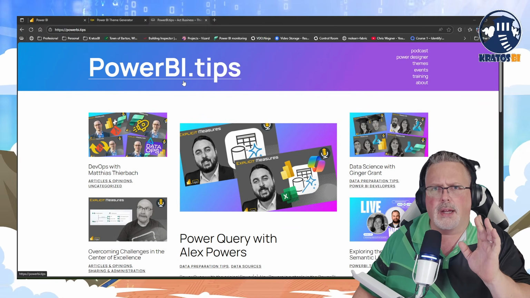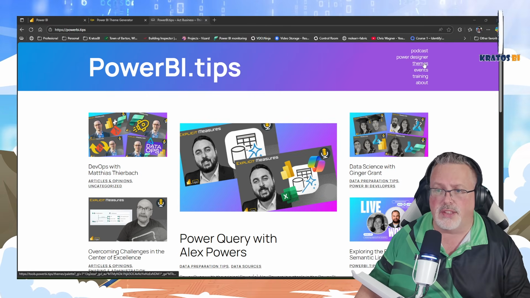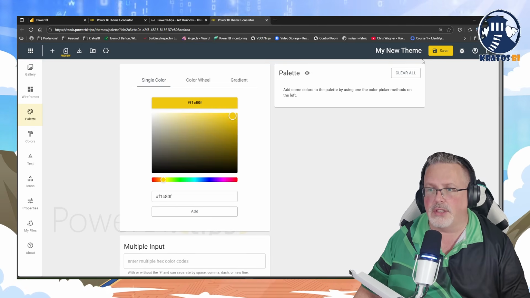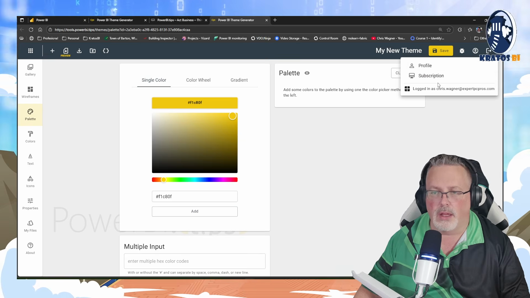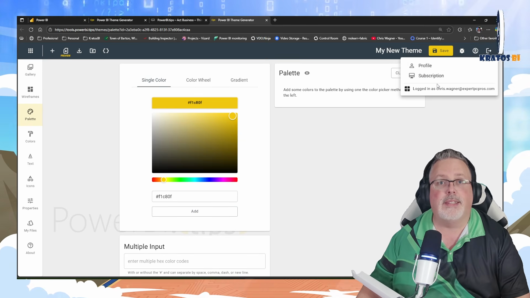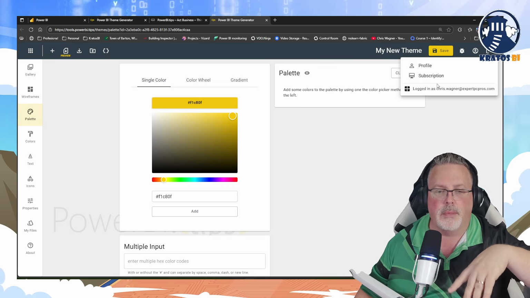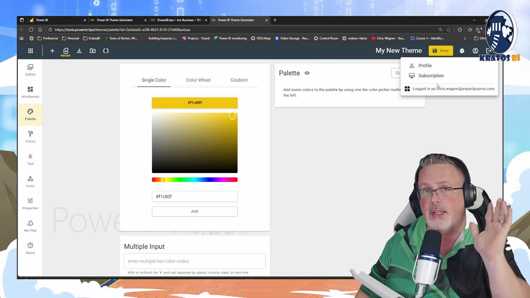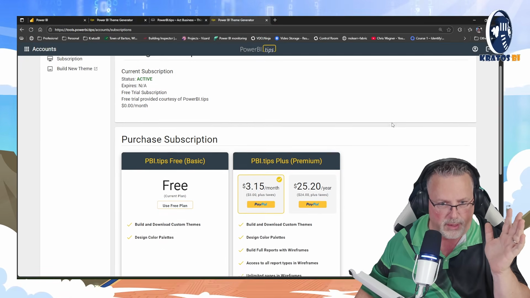Now, the great thing about this is when you go to this themes button here, it's going to launch and it's going to ask you to log in. Now, this is something you can just use for free and you don't have to log in. And every time you come out here, you'll have to reset stuff. Straight up, I don't exactly remember what the subscription is on this. Oh, I'm free because I'm